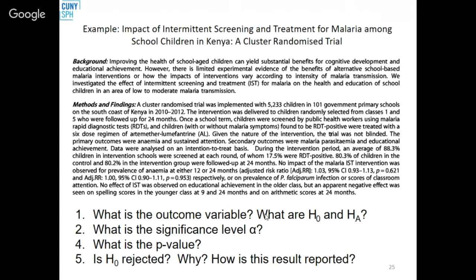That's pretty close, although when you say groups, it's not clear to me that you're talking about populations, because it's not limited. The hypothesis is not about these samples. The hypothesis is about populations. So that in both populations, school children who get intermittent screening and treatment, and those who don't, have the same proportion of